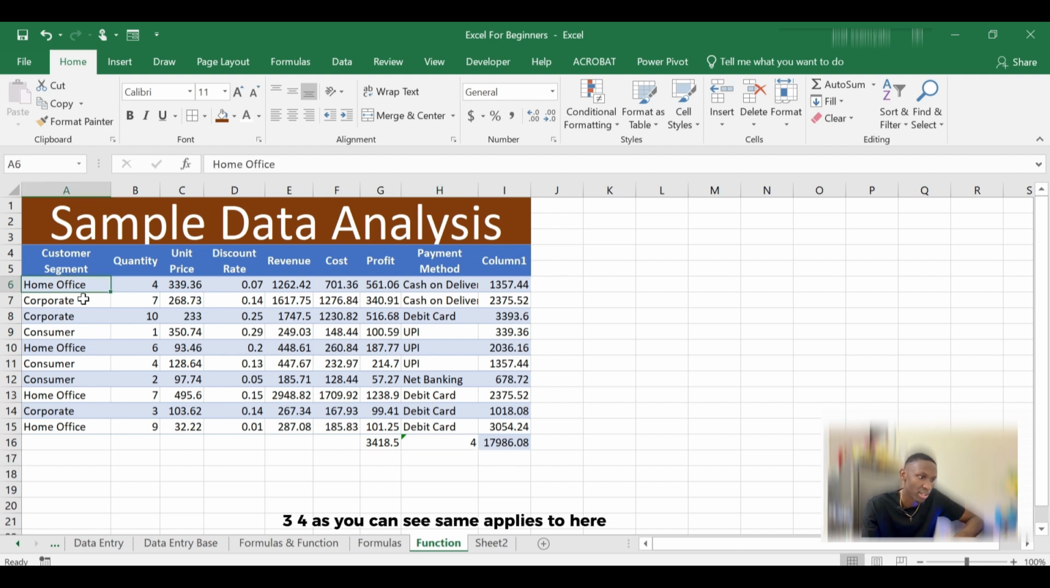Same applies to here. If I want to know how many consumers paid or bought whichever item, how many consumers were there, home offices, how many corporate were there in the customer segment, I'll definitely use the COUNTIF function. Okay, now let's go back,